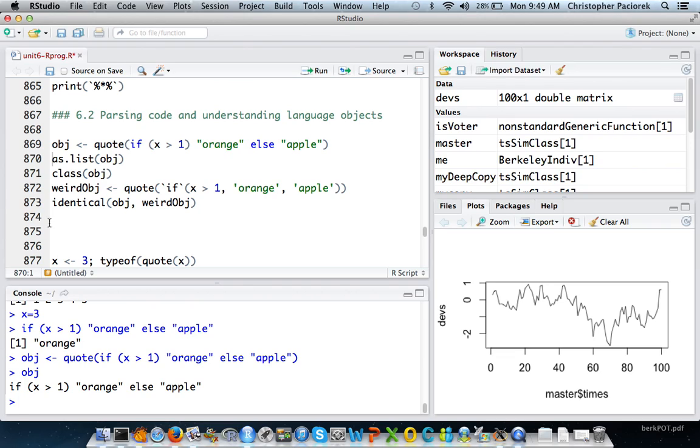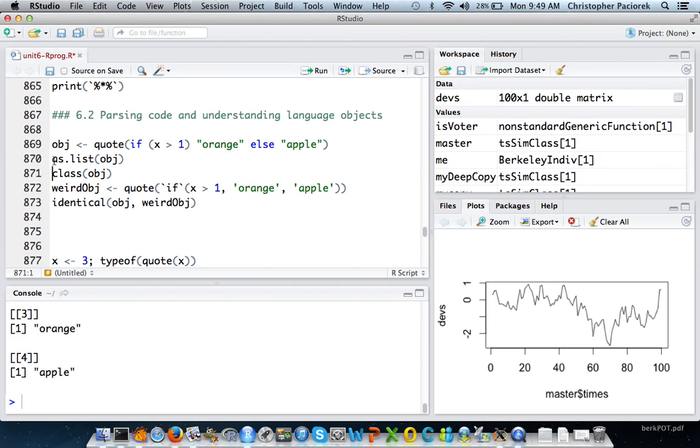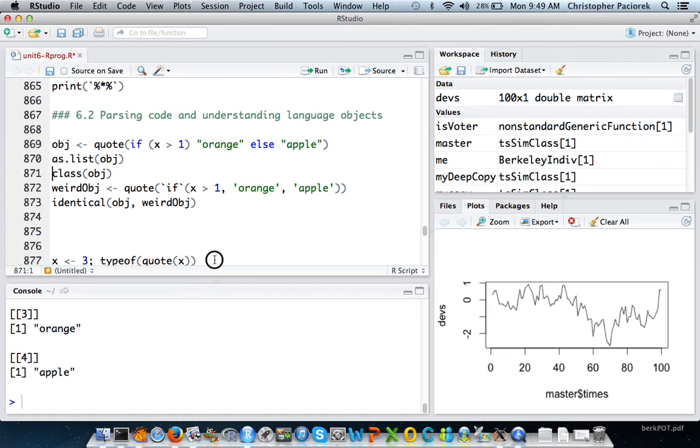So one way to look at this is to actually convert it into a list, and when we do that, R is going to show us the parse tree in a form that looks something like this. So I can do as.list of that object. Actually, let's first see what the class of that object is. Okay, so if I do as.list of that object, we can see